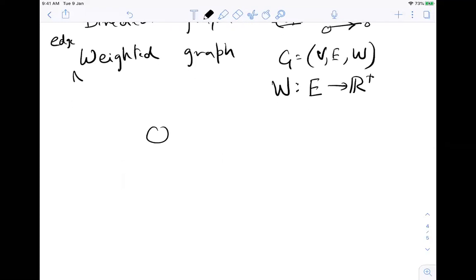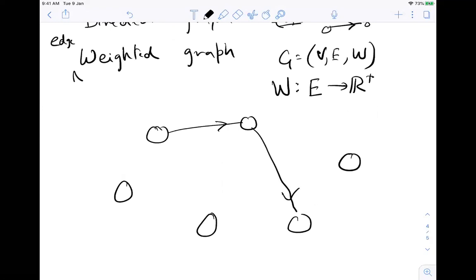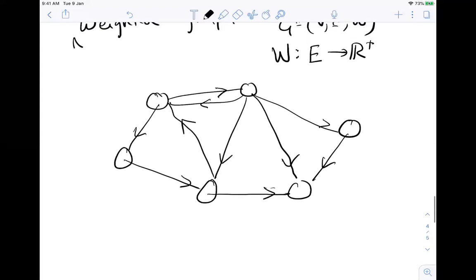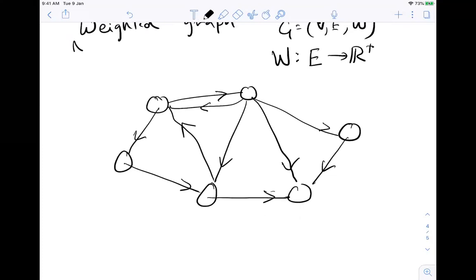Something like, say, we have the map of a city, right? In the map of a city, you have these vertices, maybe they are the intersections of the roads, and you have edges saying which way the roads can go. And if you have ever used something like Google Maps, then you will see that there is some time required for going from this vertex to this vertex.